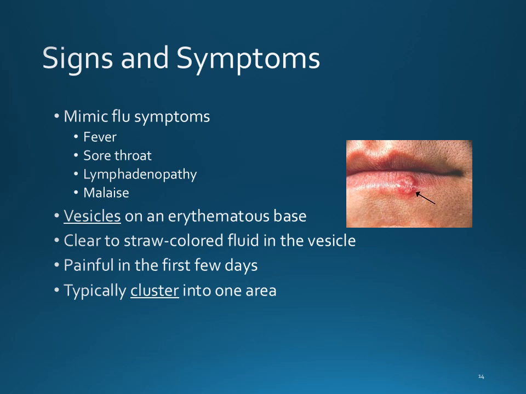The first sign for most people is an itching sensation. So it'll feel itchy, maybe a little tender. And then the next day, it's grown and it's gotten more tender. I think another hallmark sign is that your vesicles will typically have a really red base. So if you look around the edges, that's all red, and in areas where there's not a lesion, it's red as well. So clustered and then a red base.